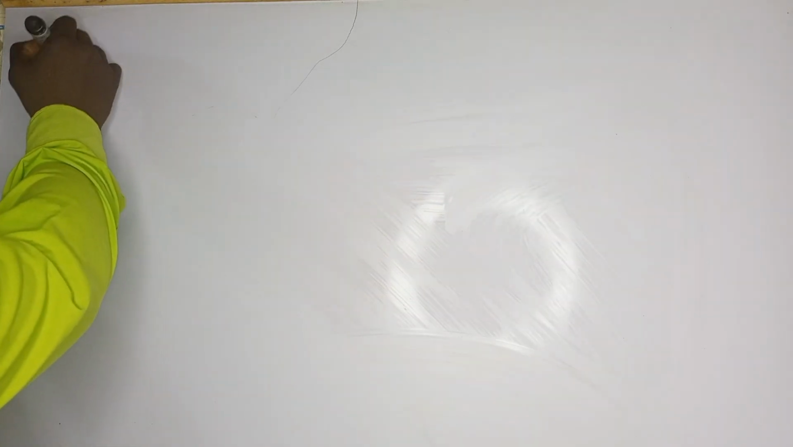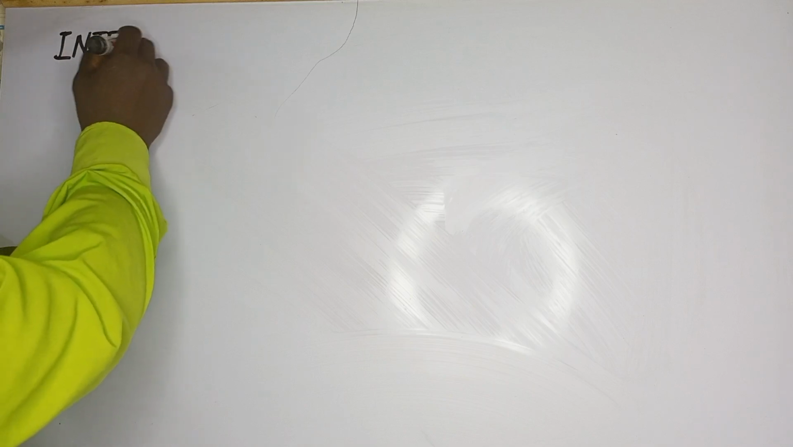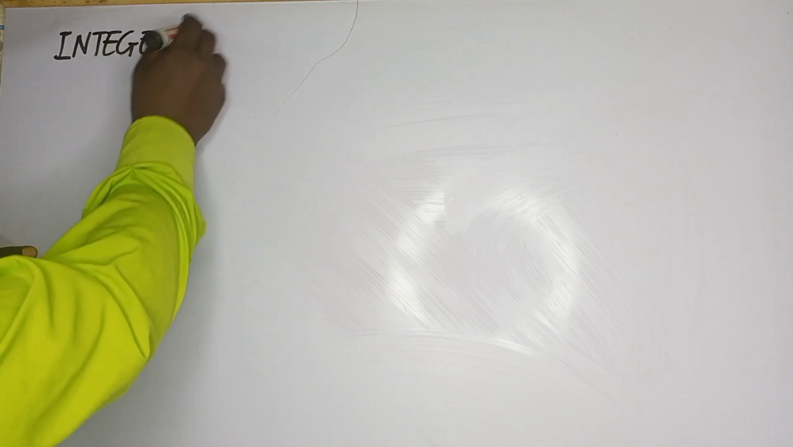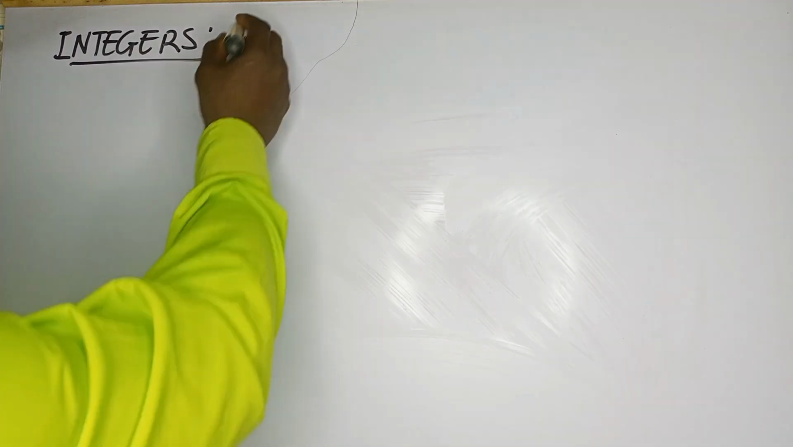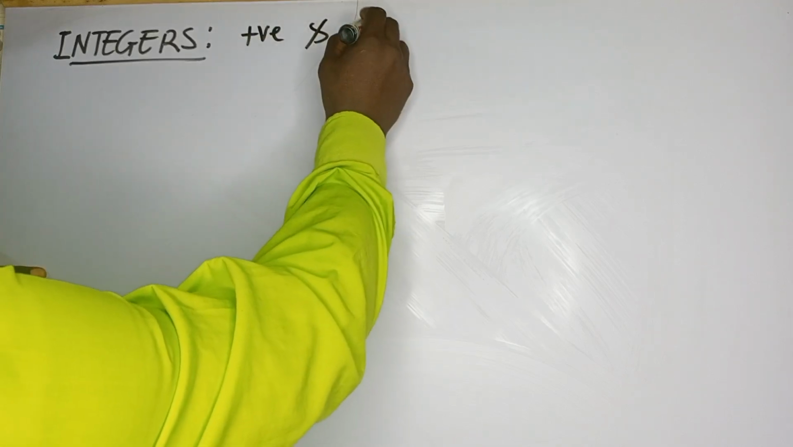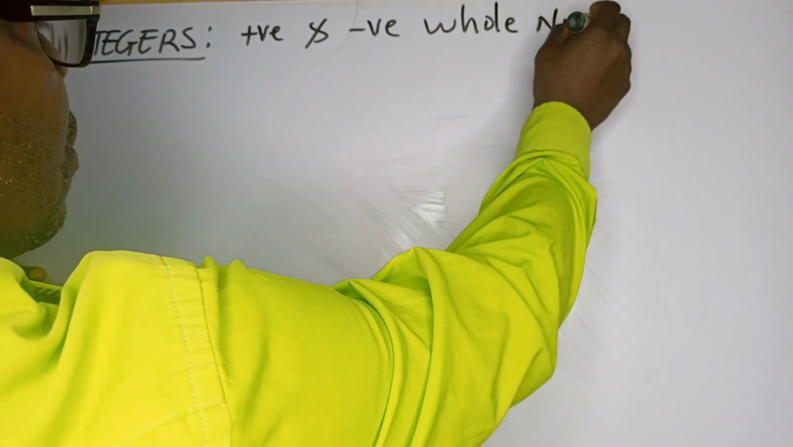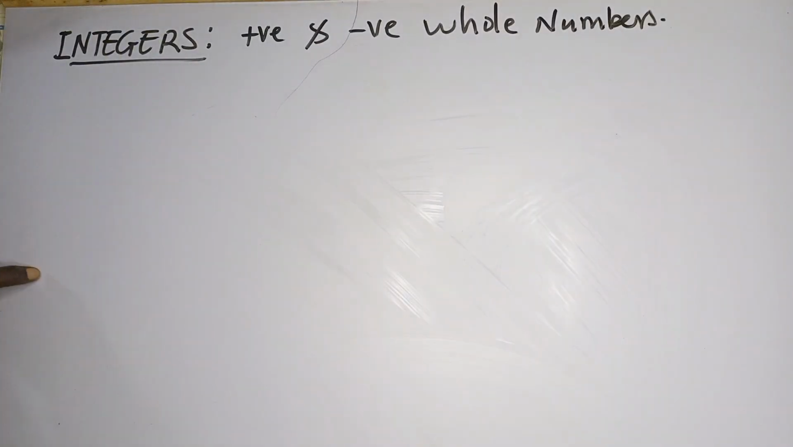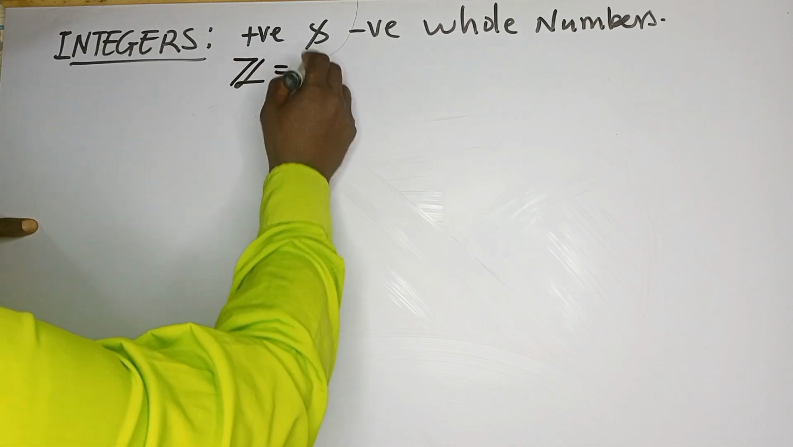Now, we first of all have to recall our knowledge on integers. What are integers? Let's start from there. Integers are positive and negative whole numbers. Okay, positive and negative whole numbers. No fractions, no decimals. And so the set of integers represented with this symbol can be represented as